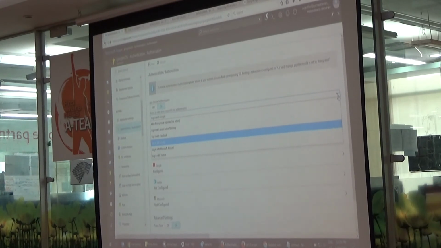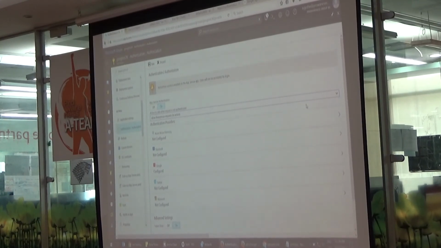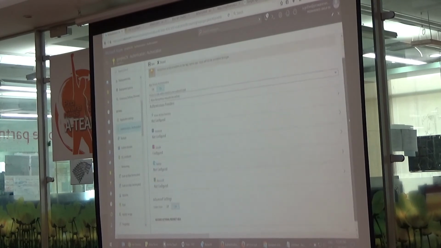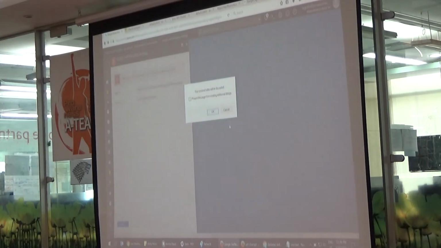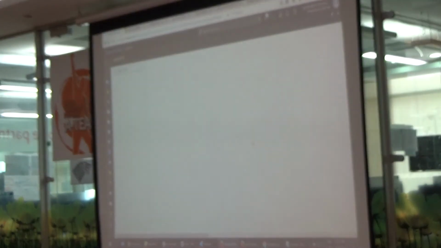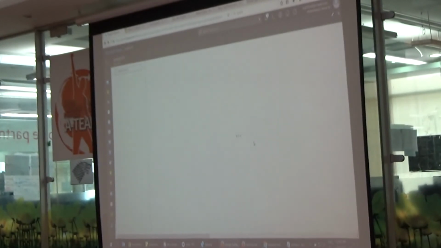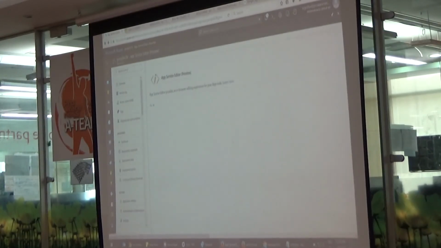What I can also do is just say anonymous, that I don't want any of the authentications to work by default. However, I will configure Google, like I have done here. I can also configure Active Directory, Facebook. So I can configure all of them from the same UI.